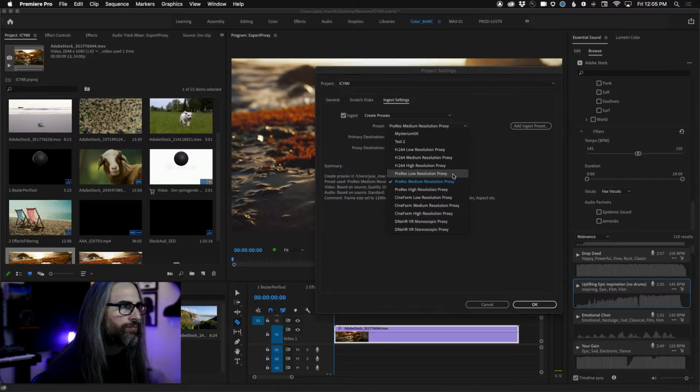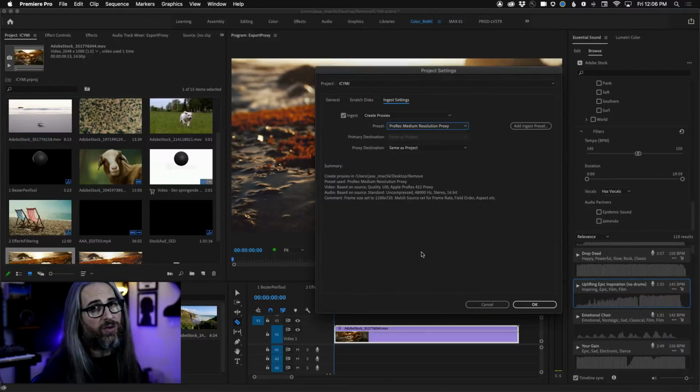These work great. If you want a little bit more quality, maybe medium res. You can try high res if your machine can handle it. CineForm low res, again, is going to be comparable to the ProRes one. And if you're doing VR stuff, DNX, I've been using those MXF file proxies. They're magical. Even on 6 and 8K stuff, which on this iMac plays, but struggles a little, especially with transitions, put the proxies on there, it's real time all day long.